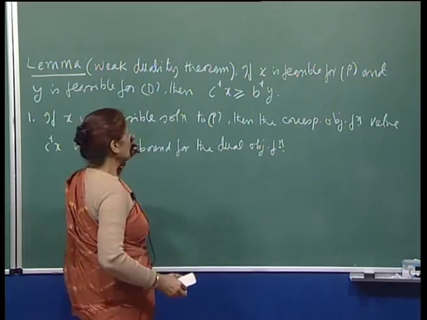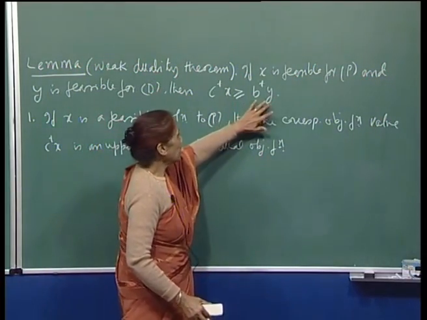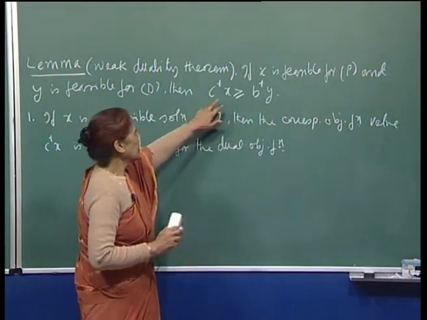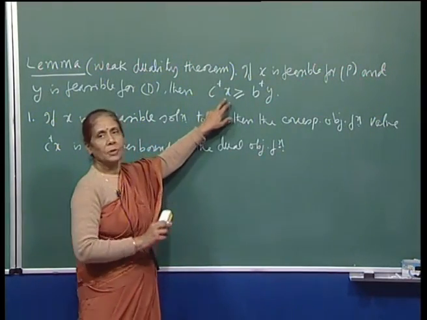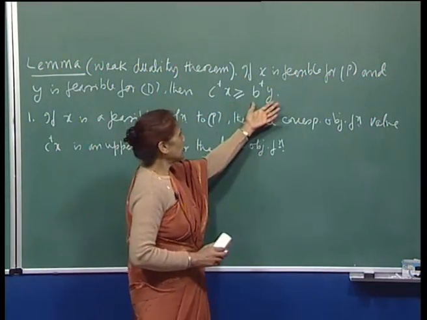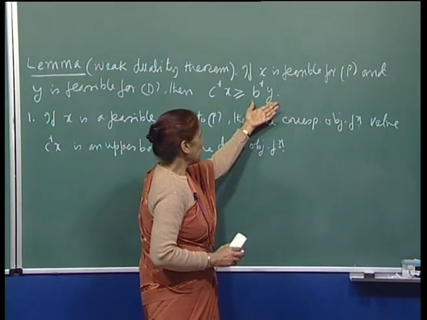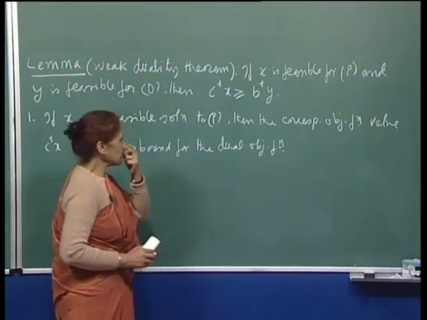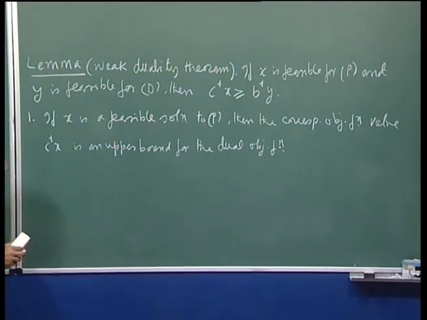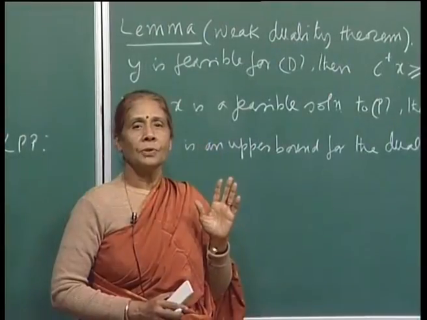Right, because this inequality is valid for any y feasible for the dual and any x feasible for the primal. So for any feasible dual solution y, the objective function value is bounded above by C transpose x. Right. So that means if I can find one feasible solution for the primal,